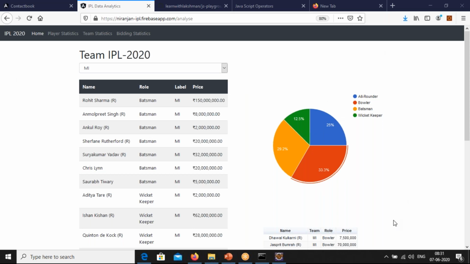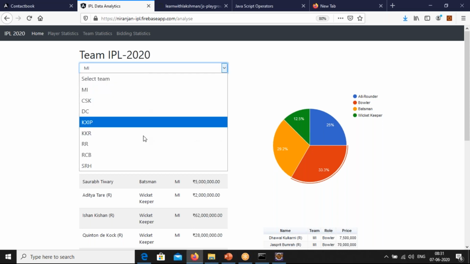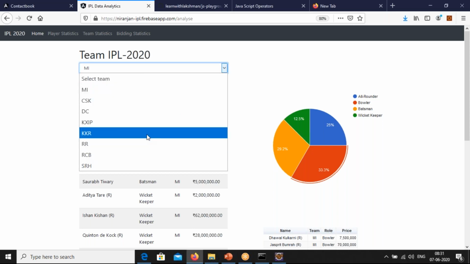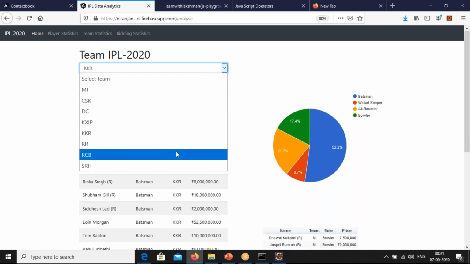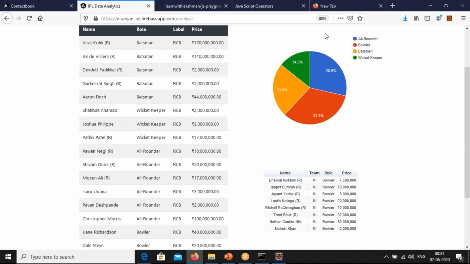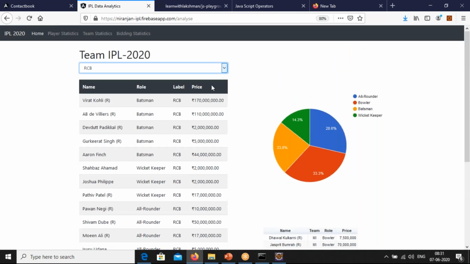Now this is an Angular application. The complete application is written using APIs. You are going to consume these APIs, and here we get the team labels. This is one API call. Whatever response you get, you display here. Whenever I change the team, it changes the players' information, and at the same time it changes here. This information changes automatically.